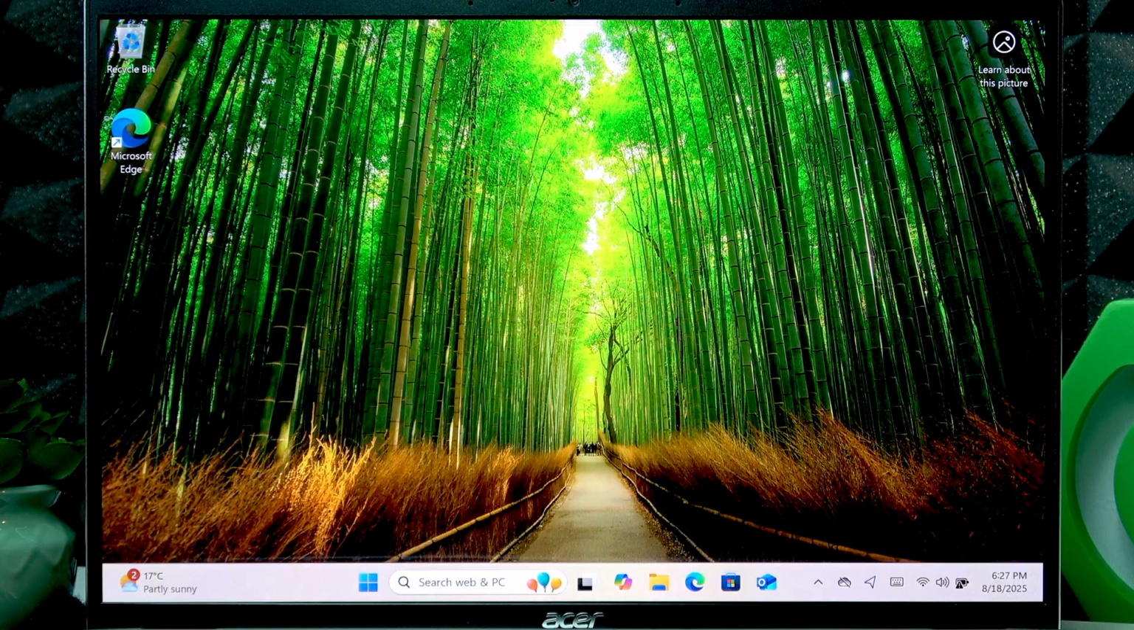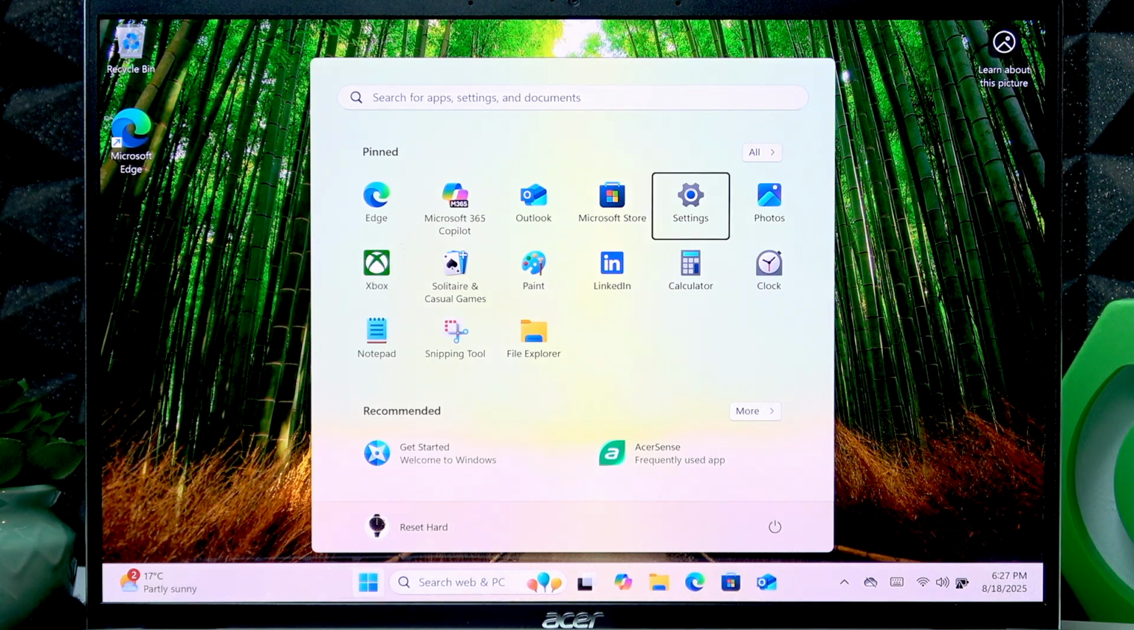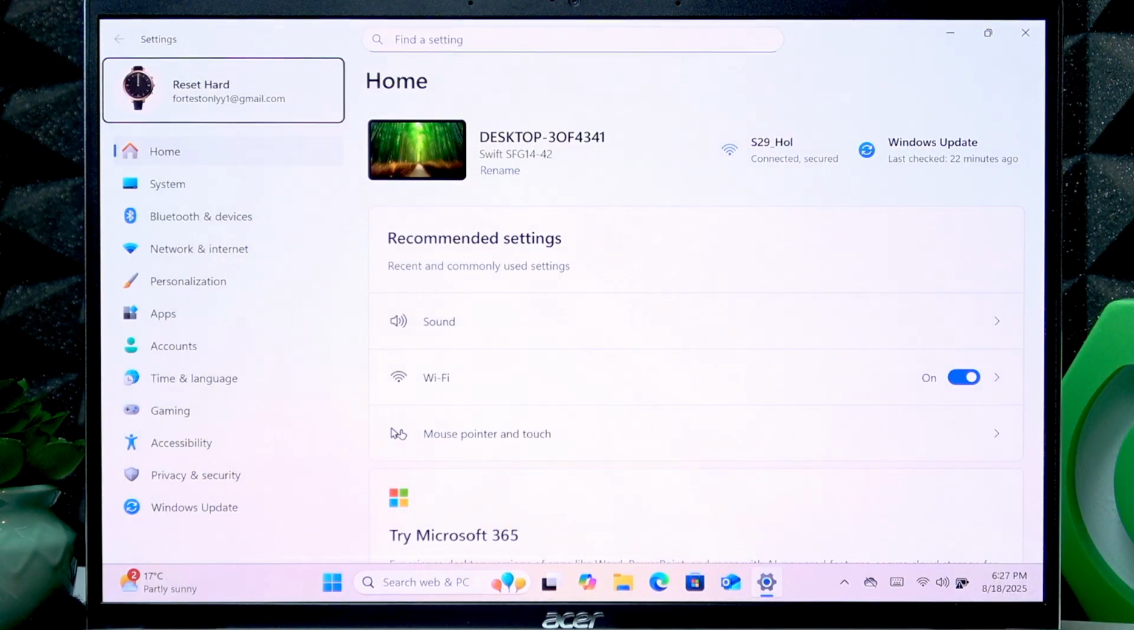The other way is to do it through the settings, and if you don't have the access to your physical touchpad, you can press Windows button, then press Tab, then use arrow keys to navigate to settings, press Enter, then press Tab